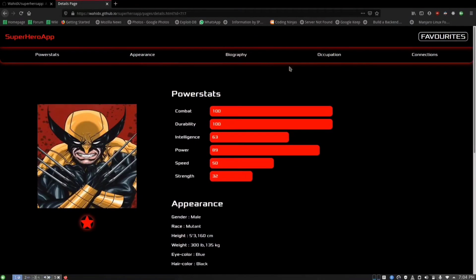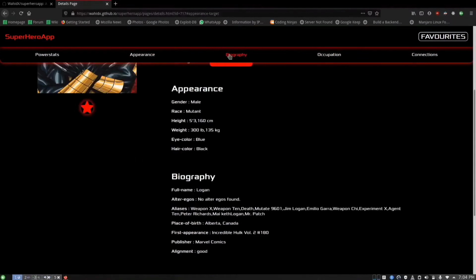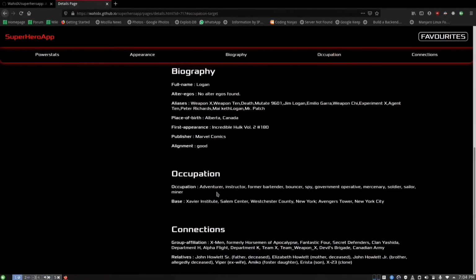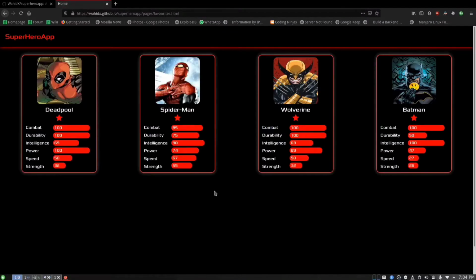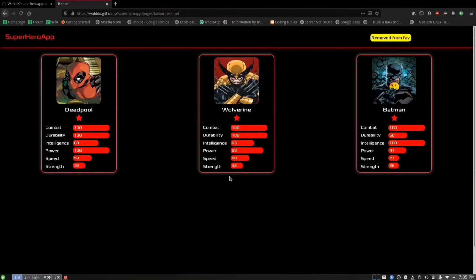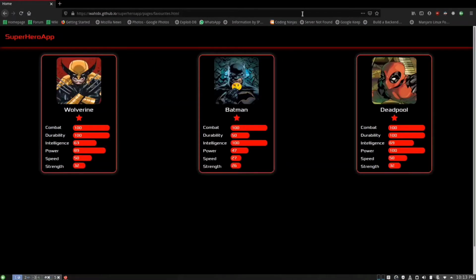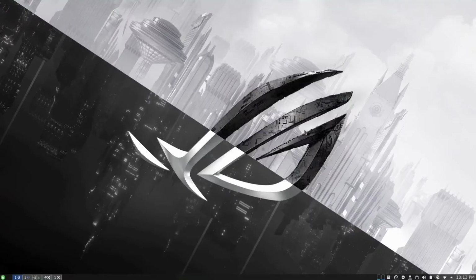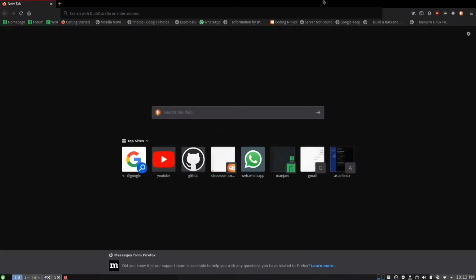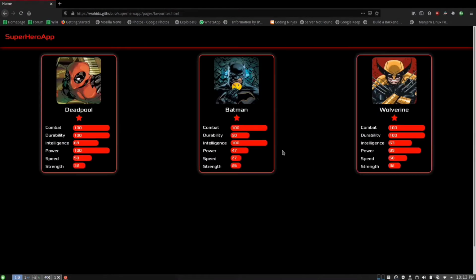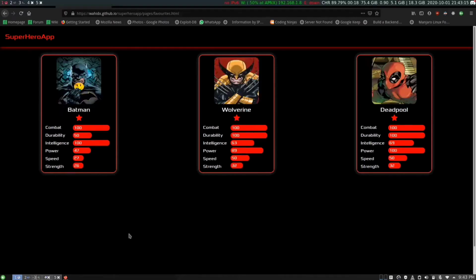The details page has the top bar for quicker navigation. And we still have the favorite button in here. So this is the favorite page where every favorite is shown like a trump card, and the favorite button and details button will still be working here. Here I'm copying the URL and relaunching the browser to see if the favorite list persists. And it's working. So let's discuss the code now.